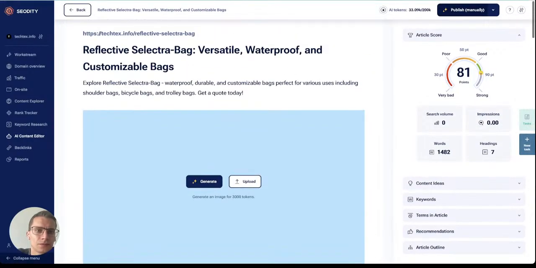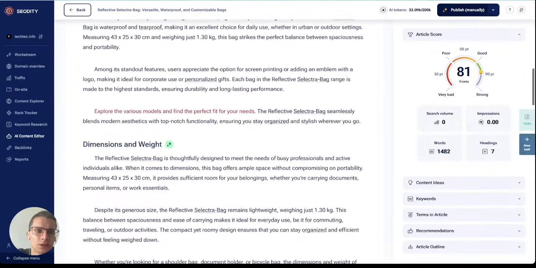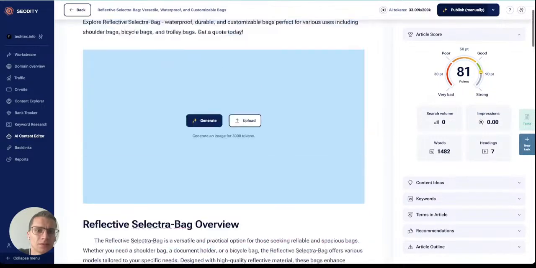Okay, so that's one way to optimize product pages, but if we have an already optimized product page,